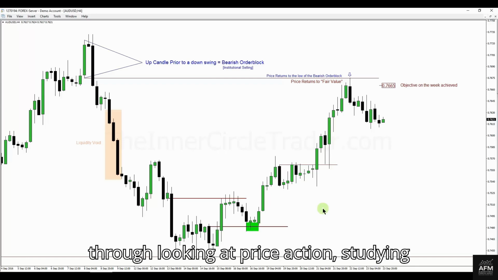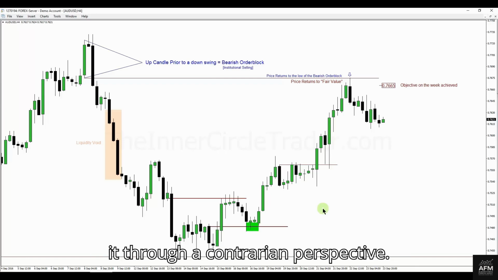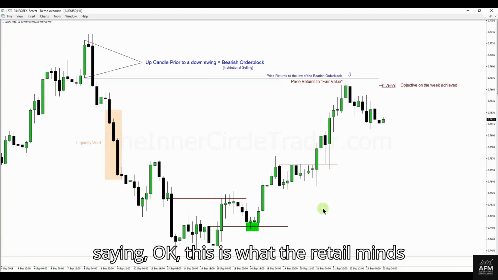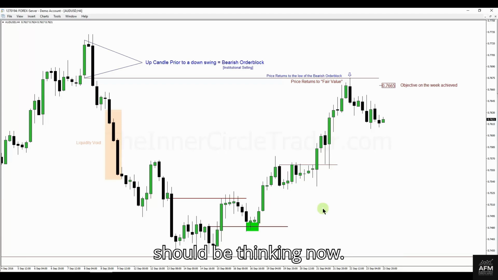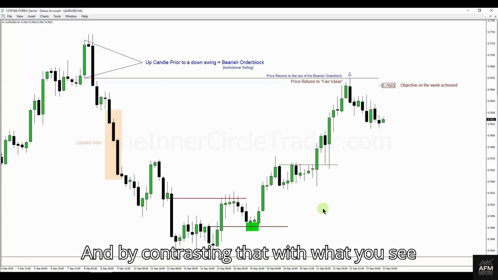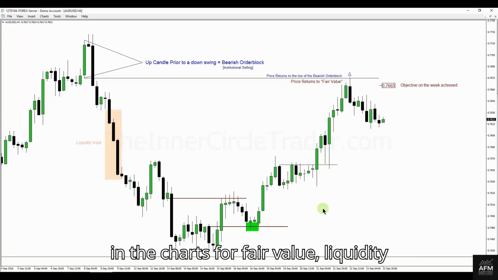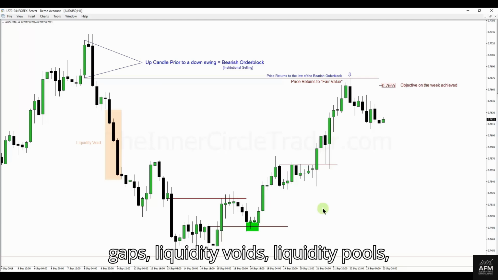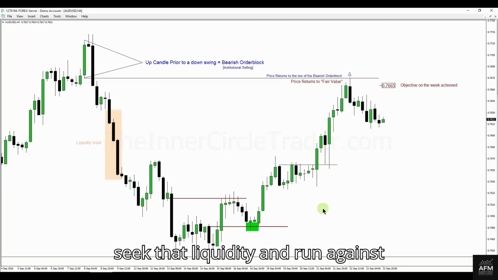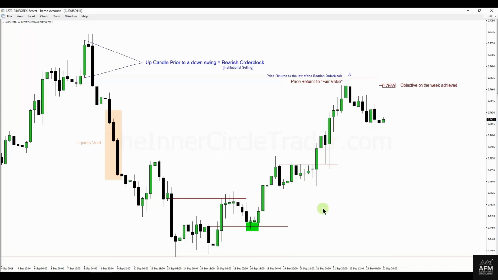If you do that, you're going to miss the actual clarity that comes through looking at price action. Studying it through a contrarian perspective, saying, okay, this is what the retail minds should be thinking now. And by contrasting that with what you see in the charts for fair value, liquidity gaps, liquidity voids, liquidity pools, all these things, the market's going to seek that liquidity and run against the less